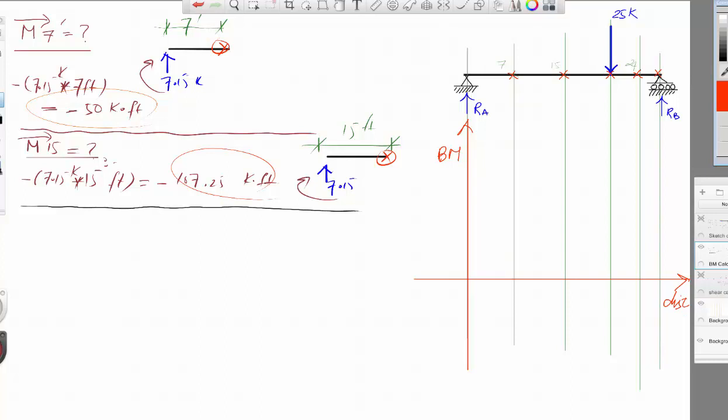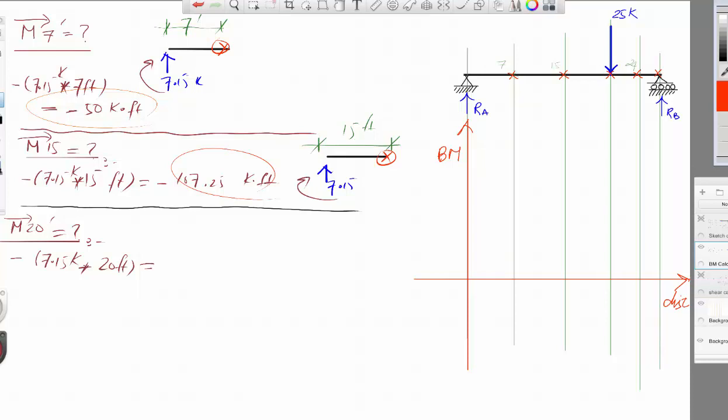So if I would like to do it at a distance of 20 feet, the moment at a distance of 20 feet is equal to how much? And the sketch is the same, so it will be minus 7.15 kip multiplied by 20 feet is equal to, we don't include the 25 at 20 feet,